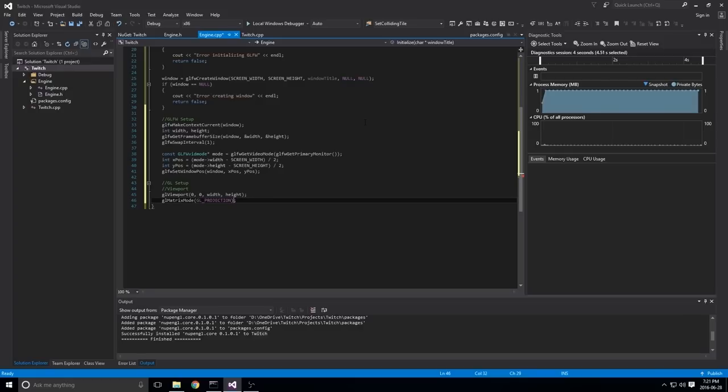Now there are a couple other ones we can use here, but I can't remember what the other ones are. Yeah, there's just so many GL things, right? Projection is really what I've always used, so let's just stick to that. And this is how our 2D project will be set up. There are other ones you can use, and you can look into the GL wiki and find out what they do. But GL projection will work for us.